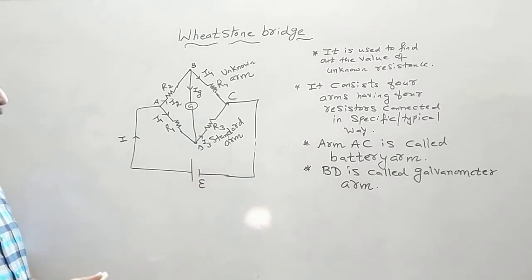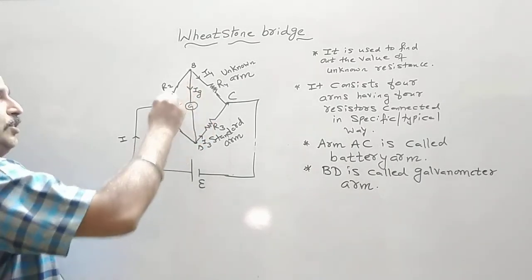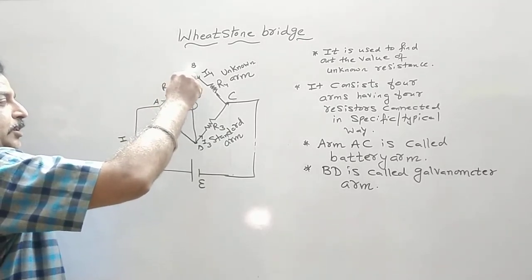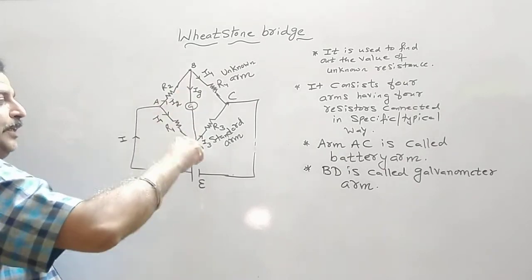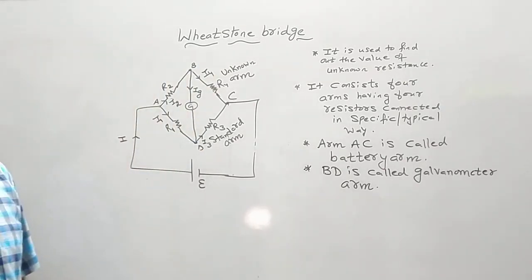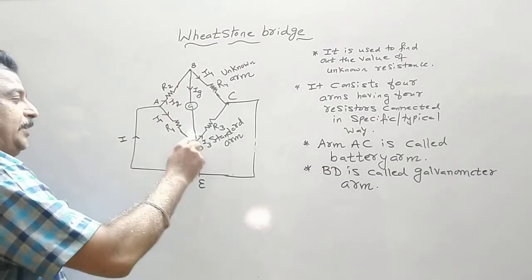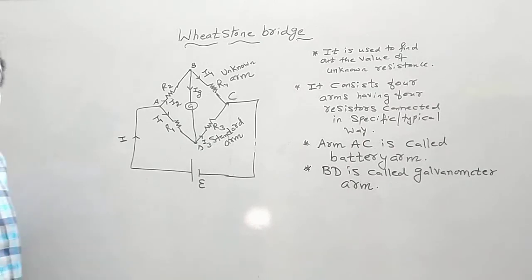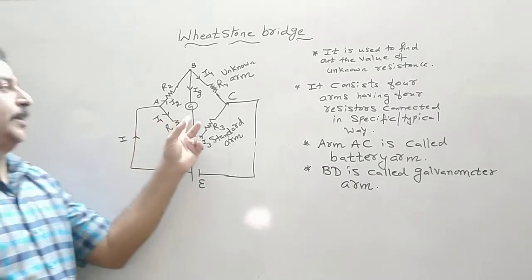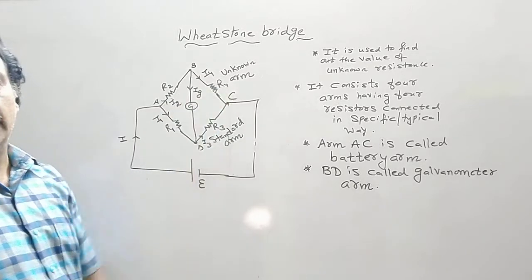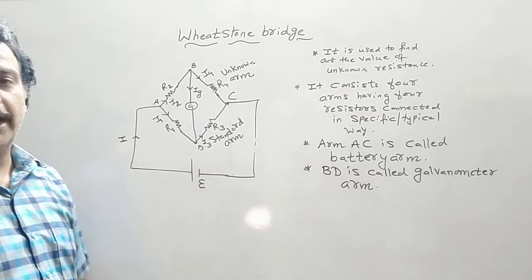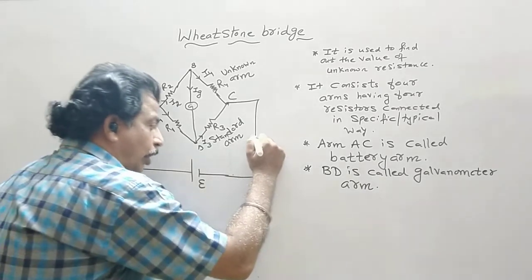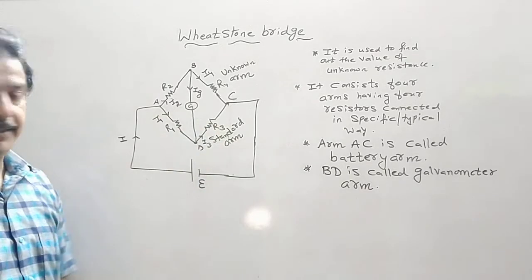Now what will happen if Ig becomes 0? I2 is approaching B, that is a junction, and no current is flowing through the galvanometer. It means I2 becomes I4. No current is flowing through Ig, so I1 becomes equal to I3. So initially, if the current is flowing through the galvanometer, then I2 is not equal to I4, and I1 is not equal to I3. But we will set the value of R3.